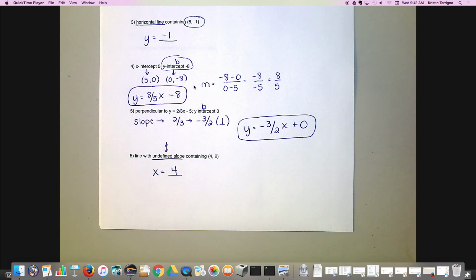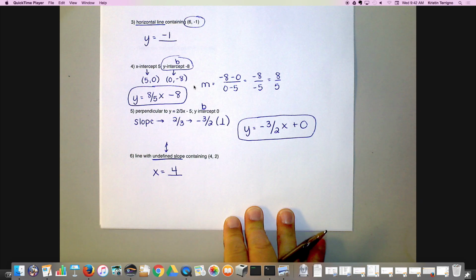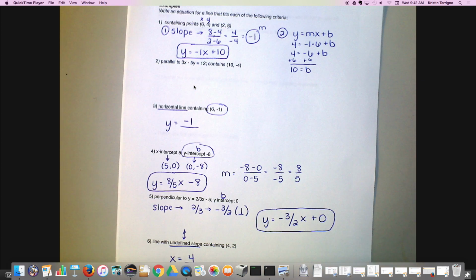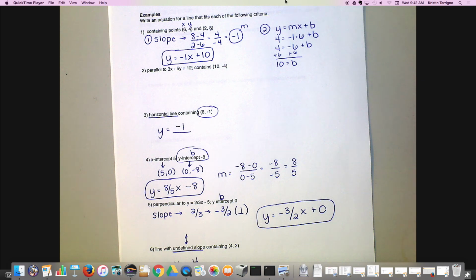Not terrible, right? Okay, so let me just, I'm going to look back up at example 2, and I want to go through something that is technically part of tomorrow's lesson, but